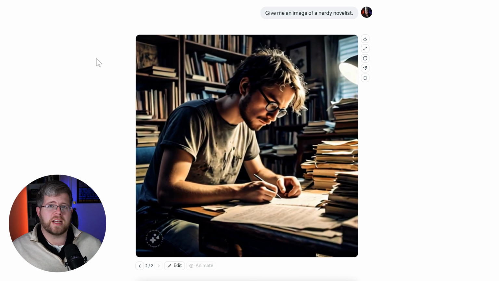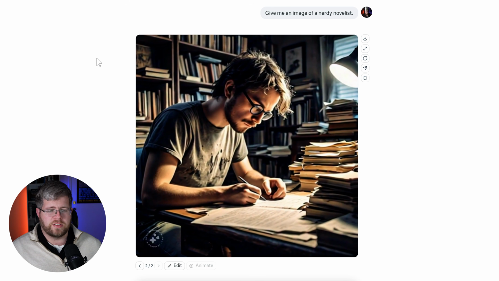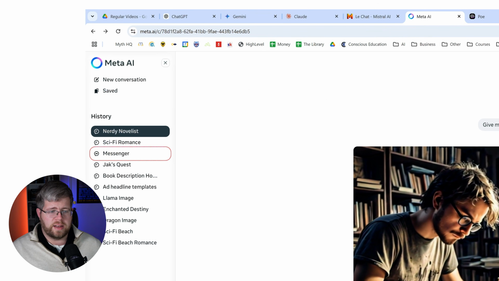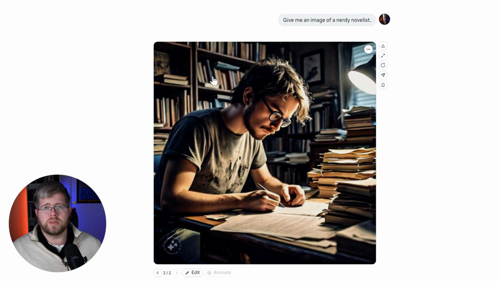Now, when it comes to writing and things like that, I don't use it too much for fiction, but it can have a lot of other use cases that should definitely be considered. It also doesn't have any of the projects or many of the other features that you get in the other chatbots, but it does have the ability to attach files and generate images and other things like that. So it's a useful tool.